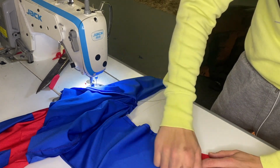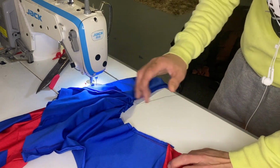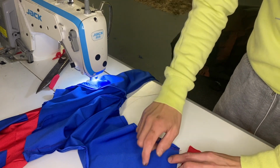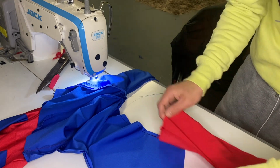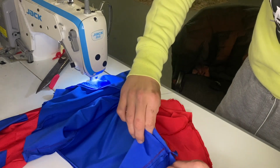Now again, like we said before, the templates were just a bit bigger. It's always better to go bigger and make sure that you have enough fabric. What we're going to do now, I've just lined those in, and we'll go over those in blue thread. We're going to sew this part to this, and what I've also done is fold this piece in half, like so,